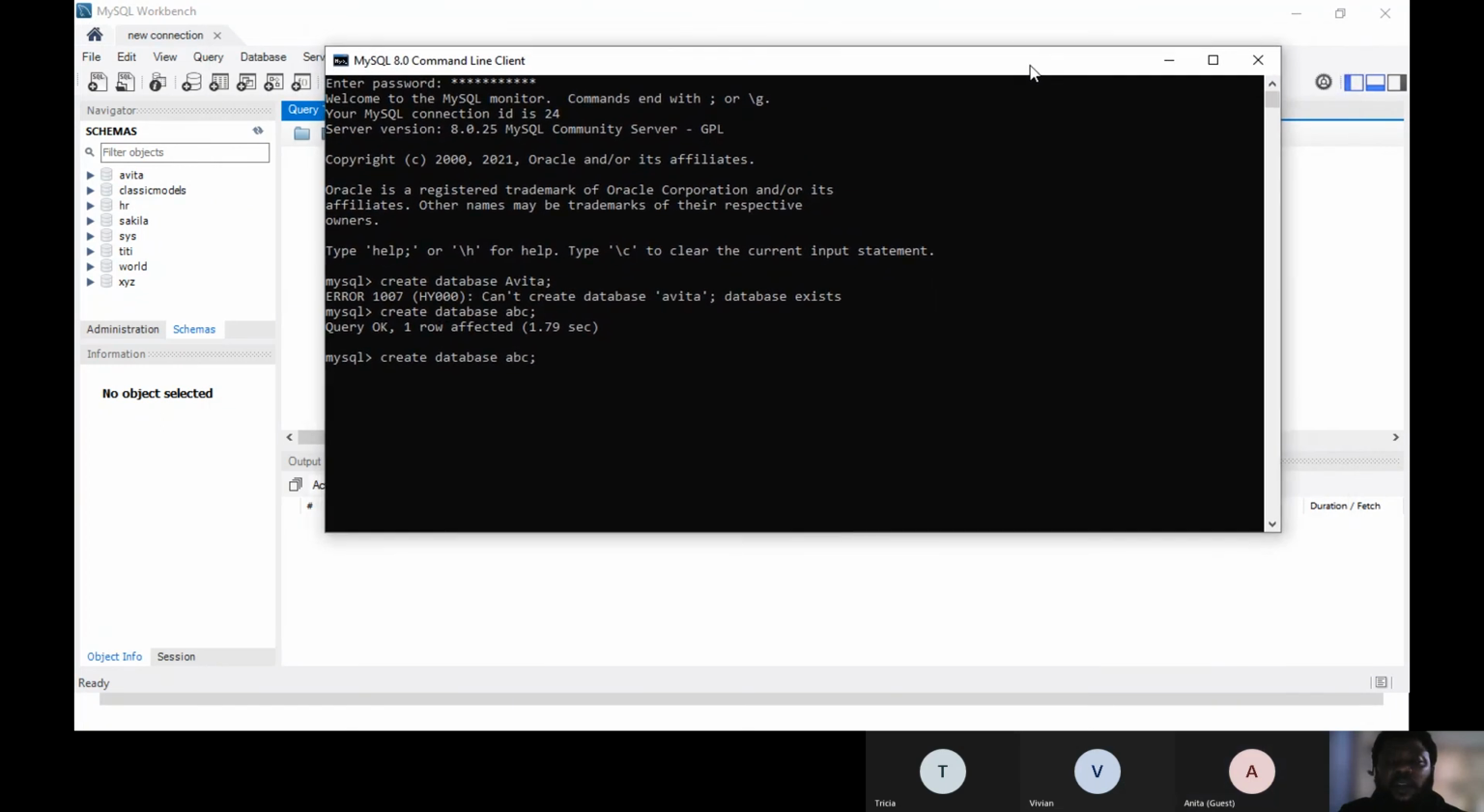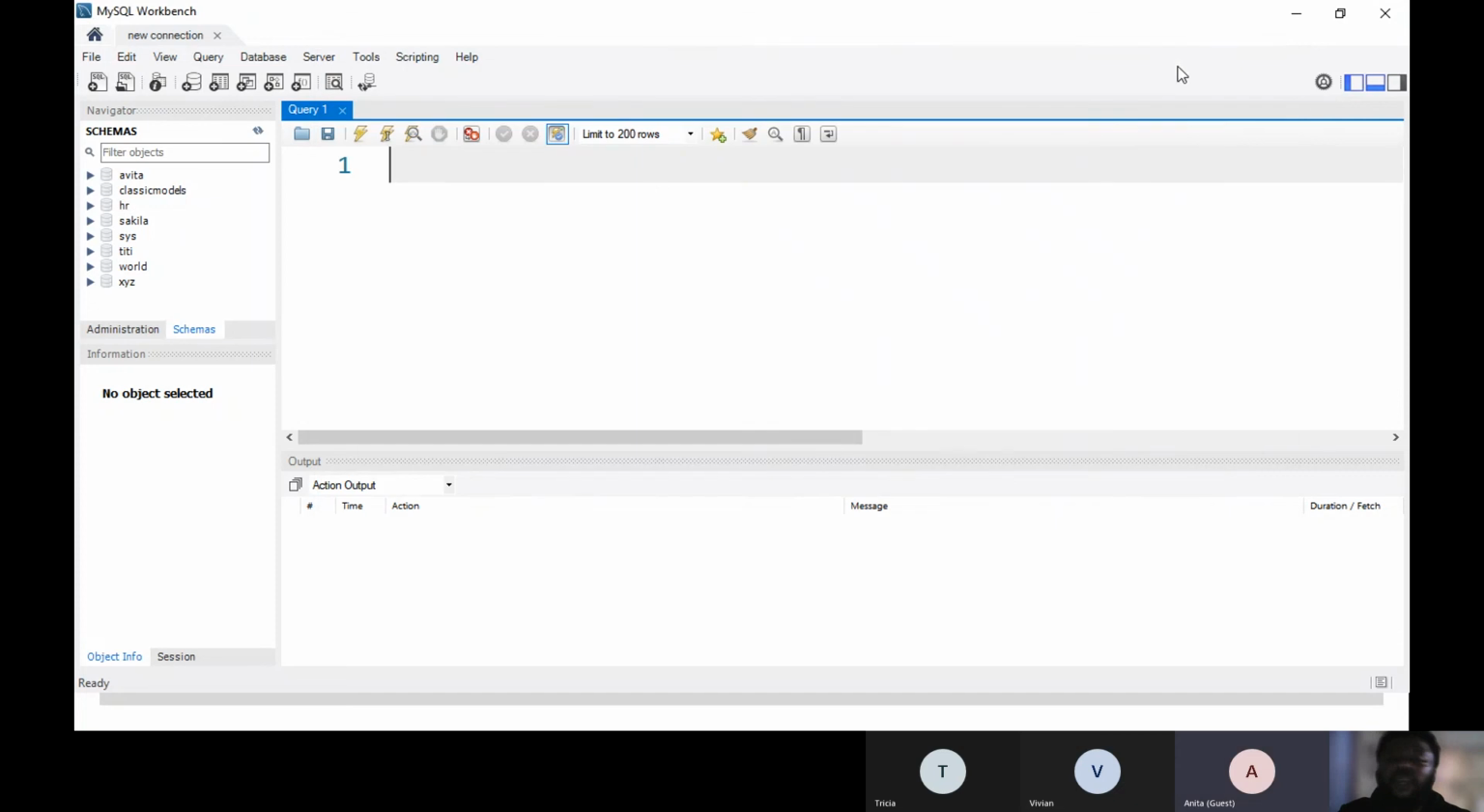Okay, just follow. So when you create the database, you tell the query, okay, one row affected. You can try this later when Patricia fixes your system. Then you come back to your command line, to your workbench. When you come to your workbench, you will see